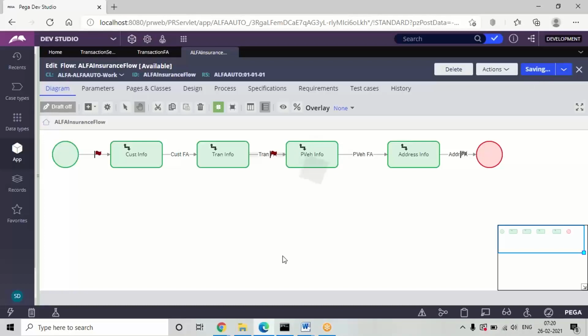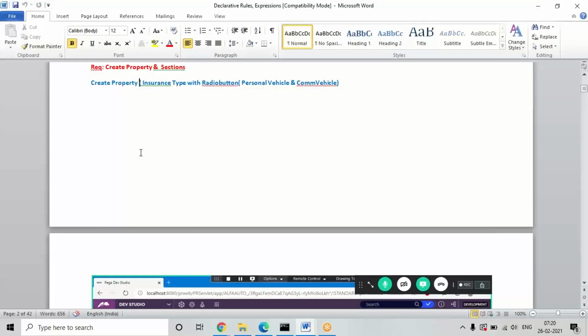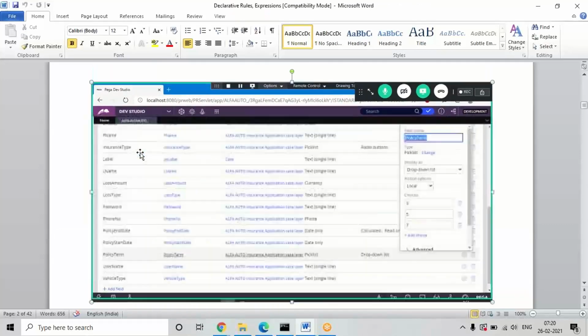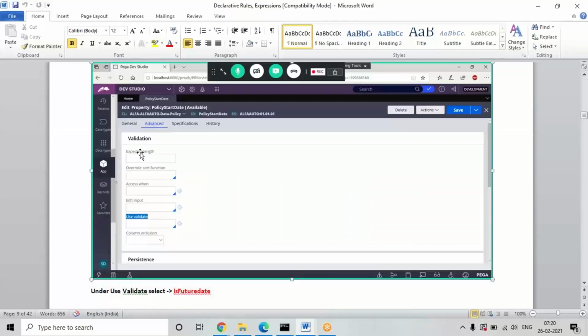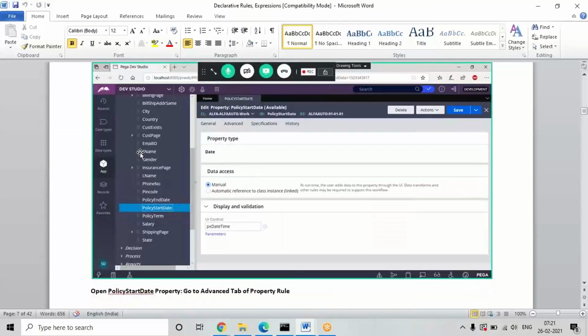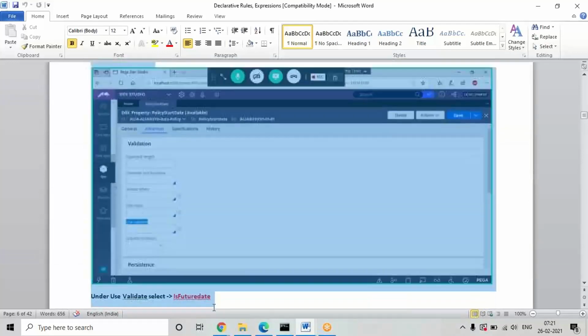Now what we are going to understand is what are declare expressions. Now we are going to see the declare expression rule. I'm going to create it for the policy page. So after getting all the different set of properties, okay, here there is one additional thing not required in the present versions. I'm not going to discuss it right now. In the next classes I'll discuss this. Not required right now.